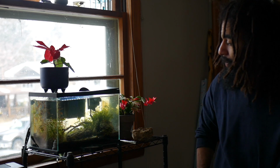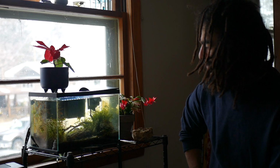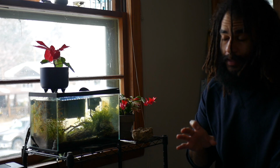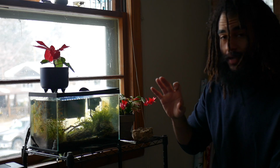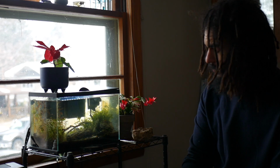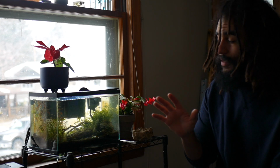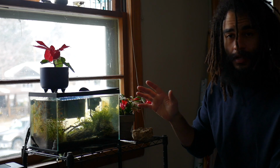This aquarium here is probably one of my favorite tanks at the moment. We had 2 orange reely shrimp, and then they reproduced. We had 3, and something happened and they died. And I thought this tank was completely empty. And then about a month later I come in and I had unplugged it, totally turned it off, and then I came in, all of a sudden there's like 40 shrimp